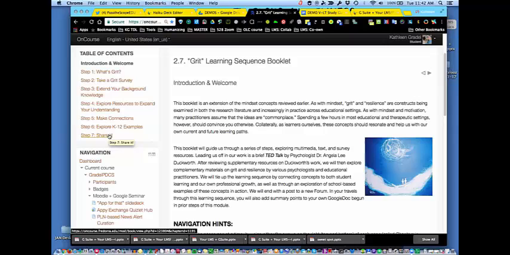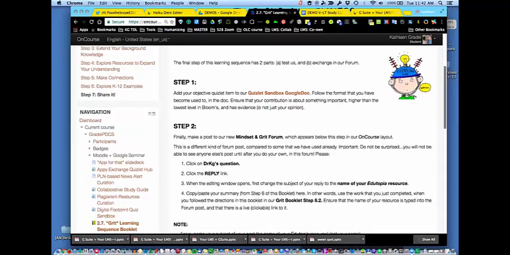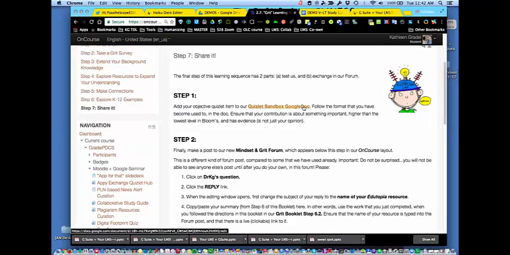The very end, after they've done some learning, I ask them to do two things. One is, well, the second step is very familiar. Go to a forum and do something in the forum. In this case, I'm asking them to report on a resource that they explored. And then later they're going to be conversing about it. But I'm also asking them to help build questions for the final exam that comes at the end of the